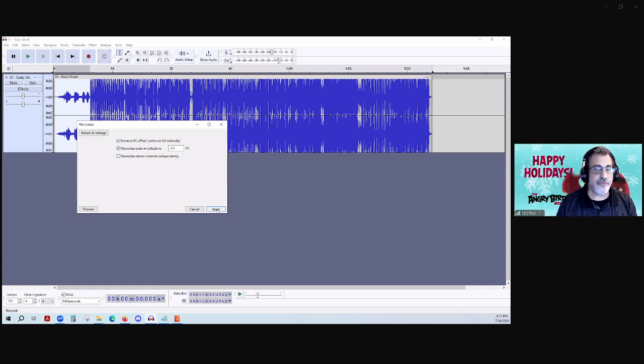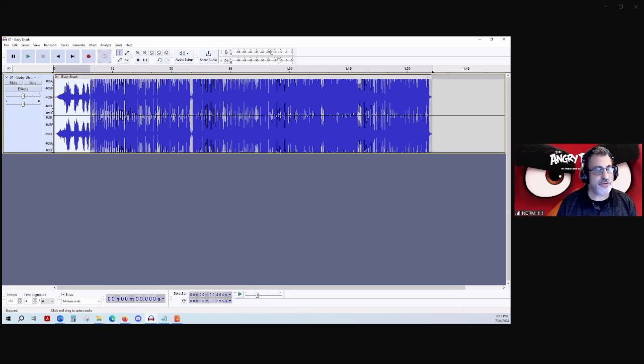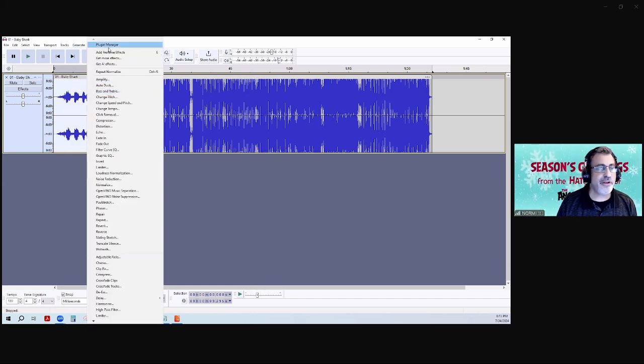So if I go ahead and do this, you'll notice that it did the same thing with that wave file, but it normalizes the data there. It does it a little bit different in the way that it manages it. And now I'm able to normalize it at that -5. So the other thing you'll notice when I normalized is that I can repeat it here. It'll allow me to actually repeat that.